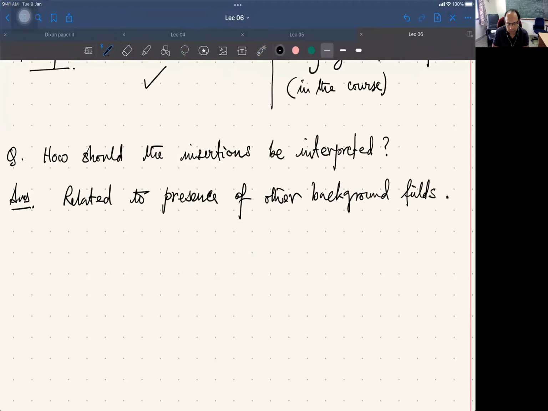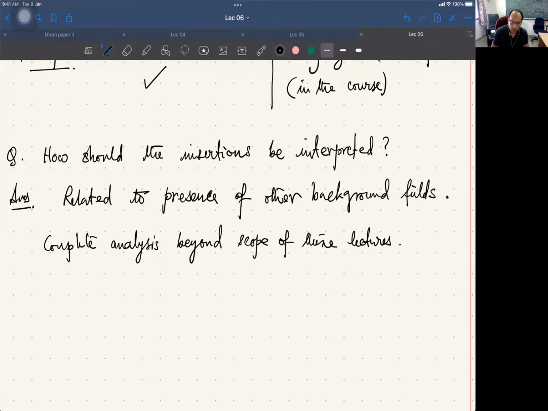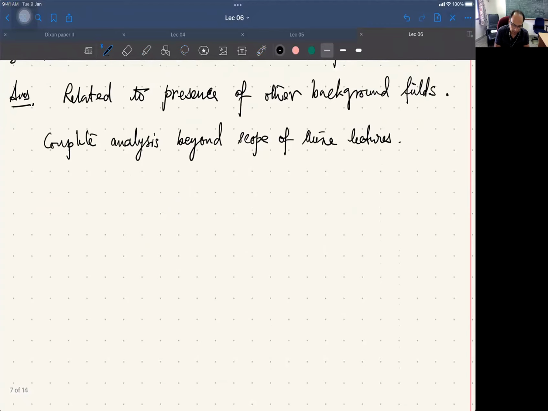and the complete analysis of this statement is beyond the scope of these lectures. However, let me pick a familiar example to make the point so that you have a feel of what I'm talking about. So a familiar example